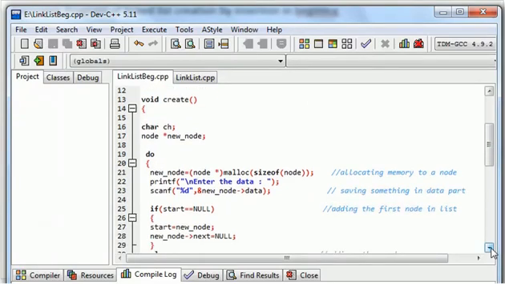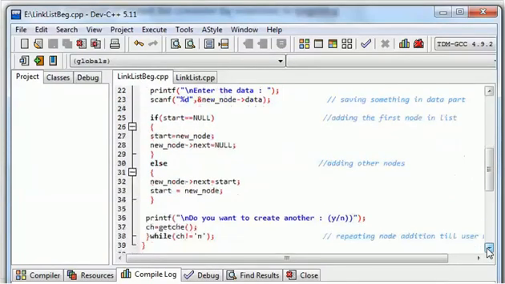So I am defining a character just for checking whether it's yes or no, and I am defining a new node, and I am repeating this thing in do while loop, that first of all allocate memory to a single node, write something into data part, and if this is the first node to be added, then make it a starting node, otherwise add it in the beginning of the list.